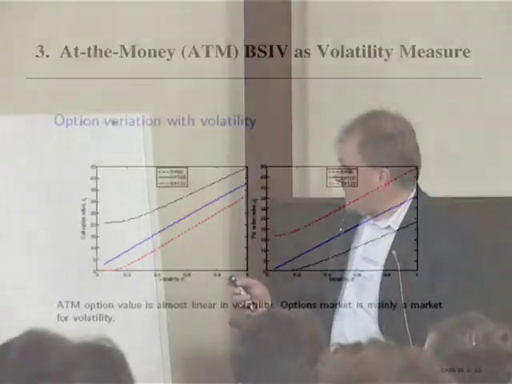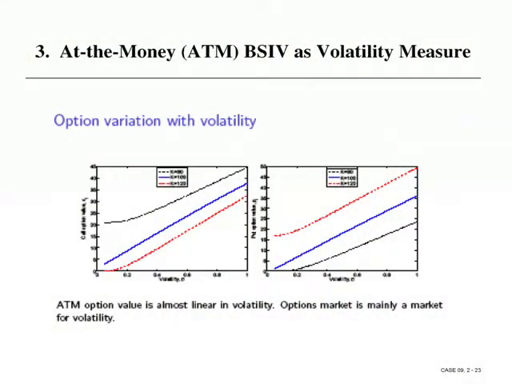So what people do with Black-Scholes is they say, okay, it's actually a fairly robust measure if you go at the money. So go back to before 2000, 2002 or something like that. People were saying the at the money Black-Scholes implied volatility is a pretty good measure in the sense that it's robust. If you want to look at how it behaves with volatility, you find that the implied volatility backed out from the